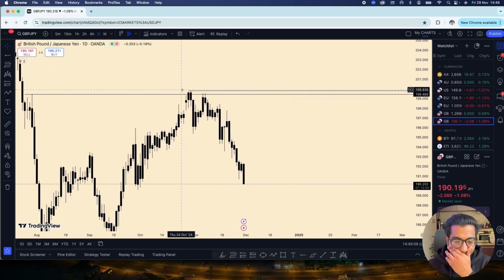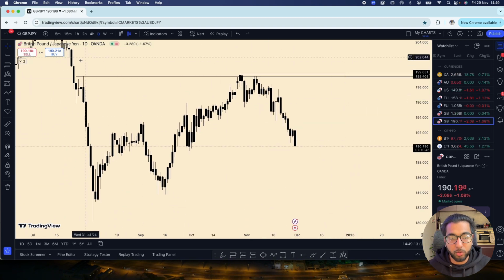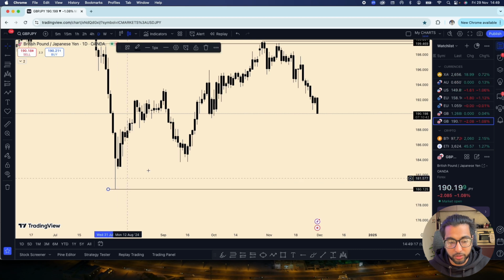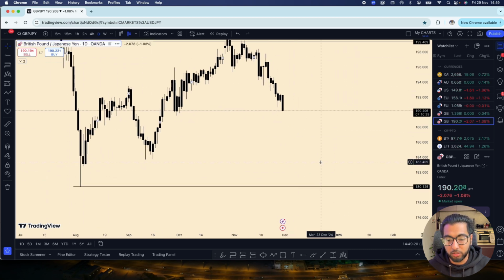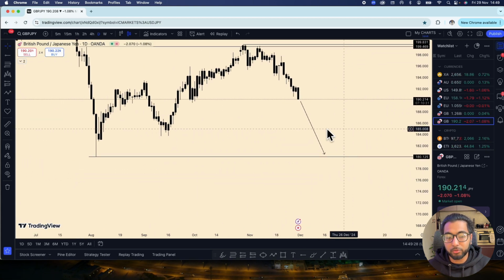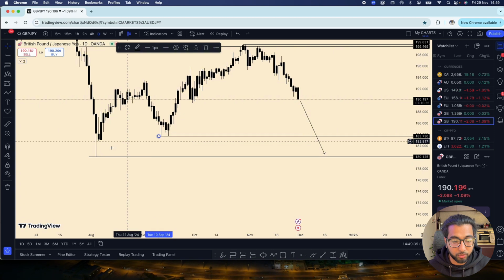Okay, and so price has now continued to go down. So where would you expect price to go? Well, you would expect price to go to the low of the liquidity, the low of this leg. So as you can see, most likely you're going to see price tap to this low of the liquidity. And the reason why I'm so confident of that is because, like I said to you guys earlier, liquidity is like a magnet. Liquidity is going to be going to all of these lows, right?